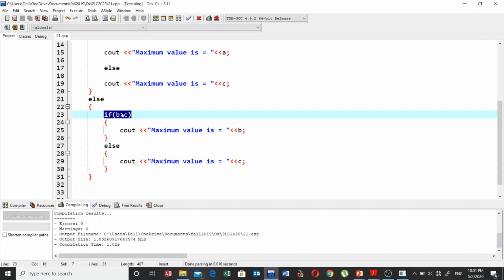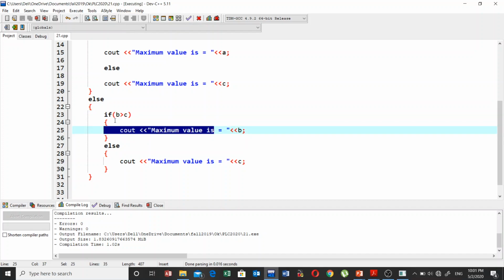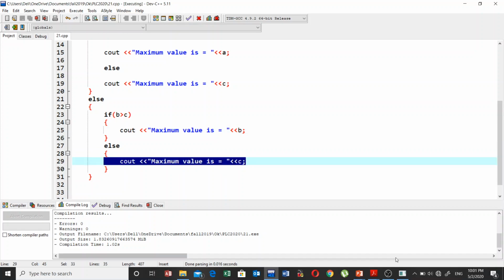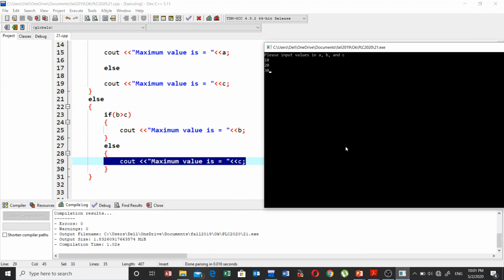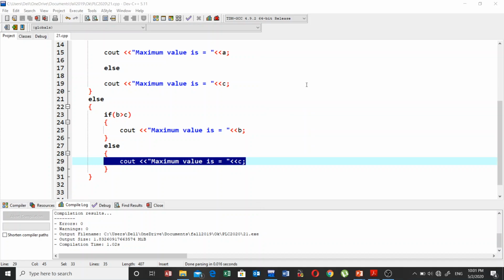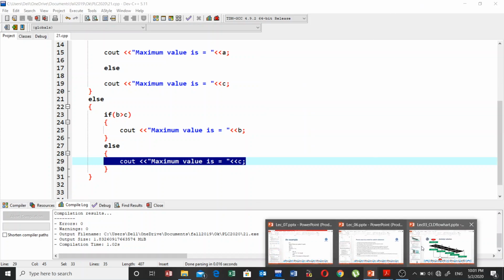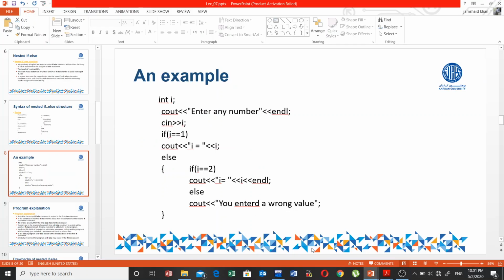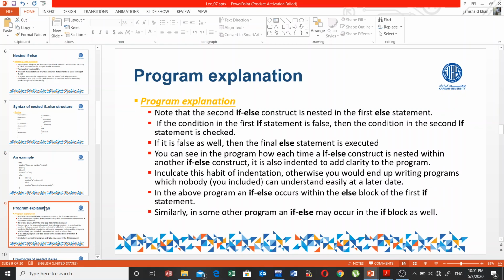In this case, this condition is false. This statement will not be executed. The control will transfer to this part and this will be executed. So this is how things are working. Now if you look at the output, you can see the output is 30. Okay, this program,